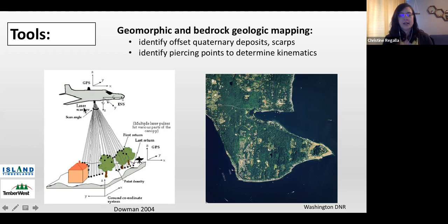And so airborne LiDAR has been a revolutionary tool, both in the United States and now in Canada, where laser scanners from aircraft shoot signals to the ground, and that signal returns off of trees, buildings, but just like if you were standing in a forest with a canopy and looking up at the light, some of the rays of sunlight would come down and still reach the forest floor. And so some of these returns hit the forest floor or hit the ground surface and return back to the sensor. And we use these last returns or these ground returns to basically see through the trees and map out